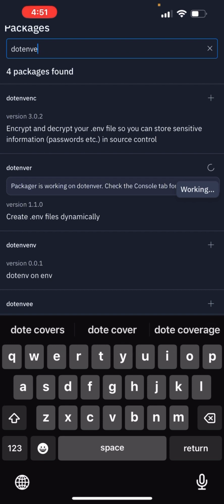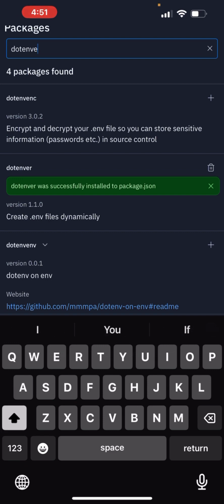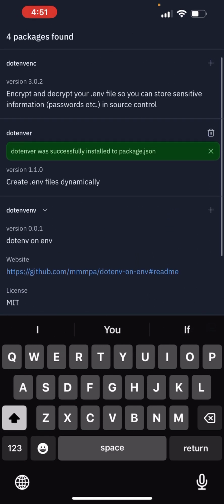it is installing the package. So just give it some time. It's going to install. It said dotenv was successfully installed to the package.json. So my file also has package.json where all my packages are being installed. So this is wonderful. When you go back again,